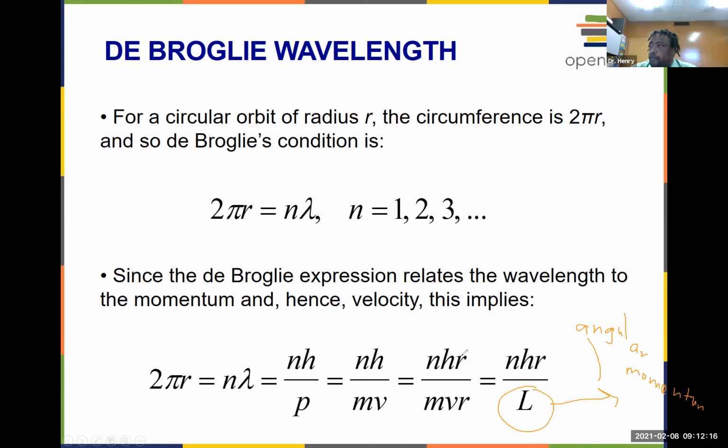We divide both the top and the bottom by R. I mean, basically multiplying it by 1. R divided by R is just 1, just so that we can get this in terms of the angular momentum. And then we could just modify our equation and say,